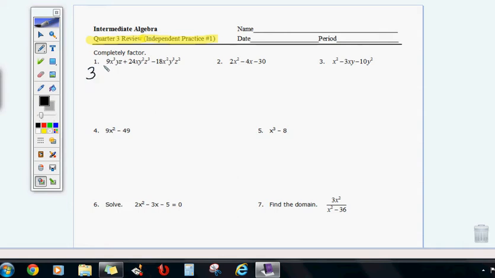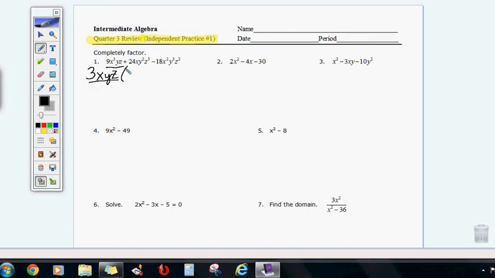So when I take a 3 out, I'm now looking at all the variables, and I realize there's an x, y, z, x's, y's, and z's in each of them. So I can take out 3 here, 1 here, and since that's the largest amount I can take from that one, I can take 1x. A y squared and a y cubed, I can take out 1y, and then I can take out 1z as well. So I'm going to have parentheses, and I have to figure out what I would multiply 3xyz by to